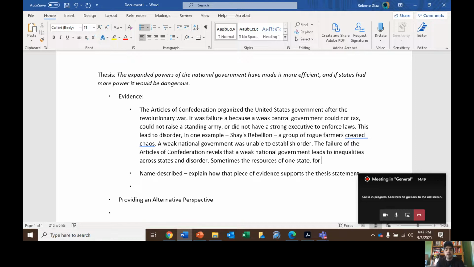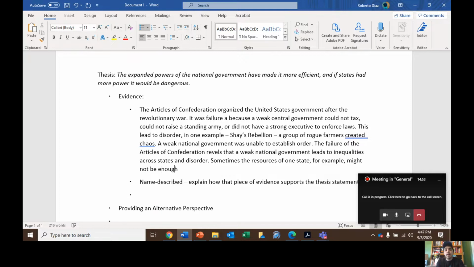Sometimes the resources for one state, for example, might not be enough to put down a rebellion, or